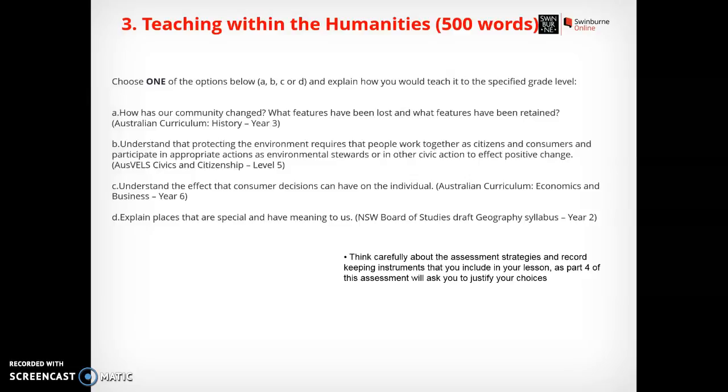It might be about the local area in which the children I'm teaching live in and how the places are special. I might then discuss the approach that I'd use, inquiry or Bloom's taxonomy, and how that would form the basis of my teaching. So while you're completing this part, I want you to think carefully about the assessment strategies and record-keeping instruments that you would include in your lesson, and you will include this in part 4 of the